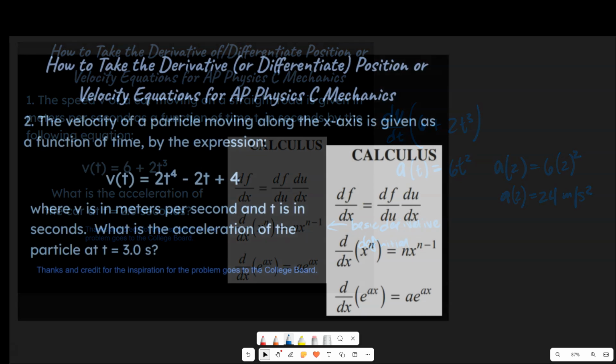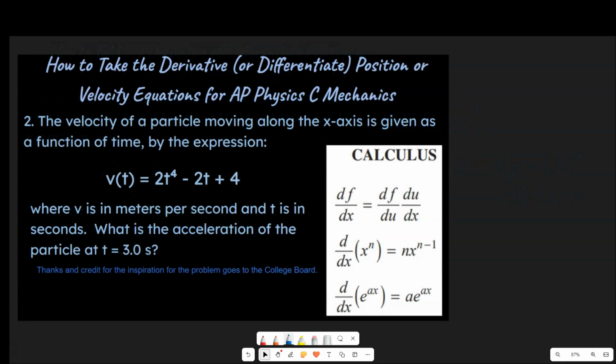Alright, at this point we're going to do more of the same. Maybe you can pause right here if you're up for it and try to do this yourself, see if you come up with the same answer. Go for it. Alright, so what are we doing here? We're going to say dv dt of the original equation, 2t to the fourth minus 2t plus 4. And acceleration with respect to time is going to be equal to,